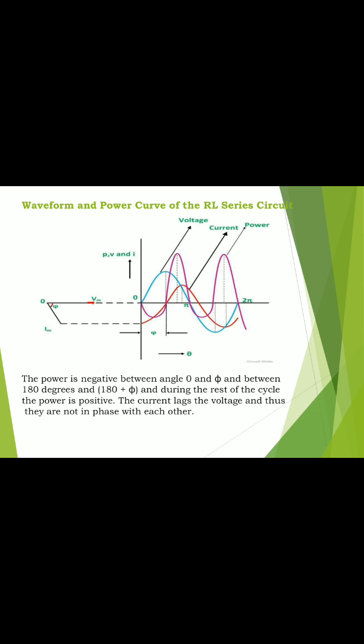Now power factor. It is the factor by which the apparent power must be multiplied in order to obtain the true power, or in other words, it is the ratio of the true power to the apparent power. So to find out power factor, we have the formula cos phi. The nature of power factor is always decided by the lag or lead of the current with respect to the voltage. In the case of this inductive circuit, where current lags behind the voltage, power factor is said to be lagging.